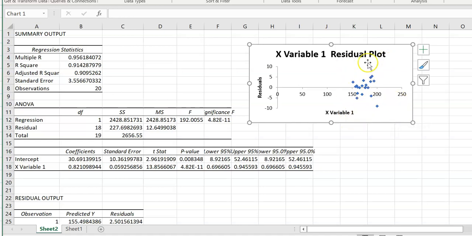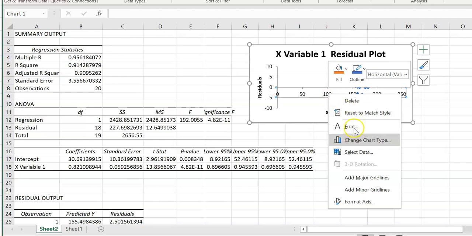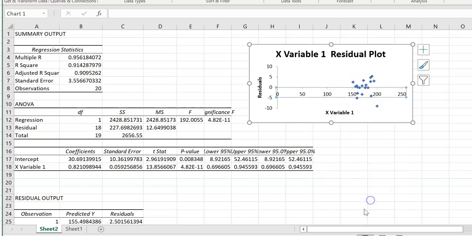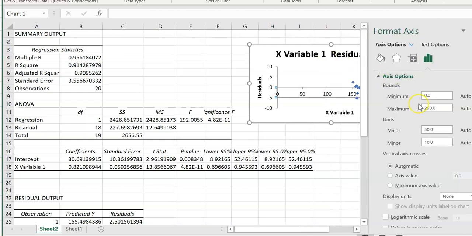Again, I'm not really happy with the scaling that it's given us. Now I'm not going to change the residual scale, however I am going to change the explanatory variable scale. So similar process to what we've done previously.